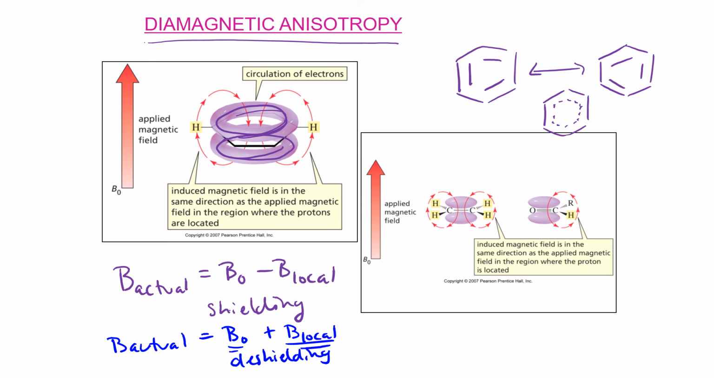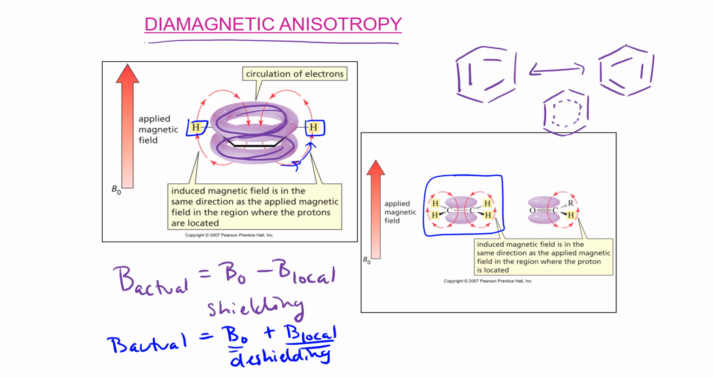And it only does this because of the position of the protons. They happen to be sitting in the correct orientation to be hit, so to speak, by the magnetic field being generated by these electrons in the benzene ring. So it's because of their position in space that this magnetic field is getting reinforced. The same thing happens down here with